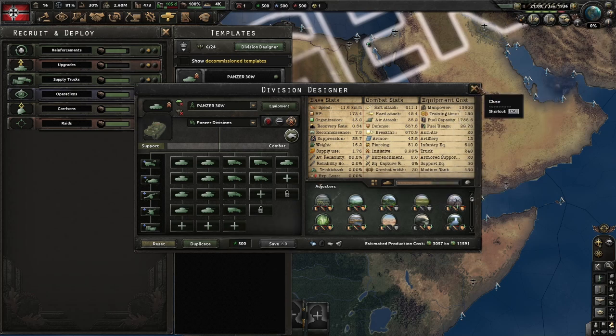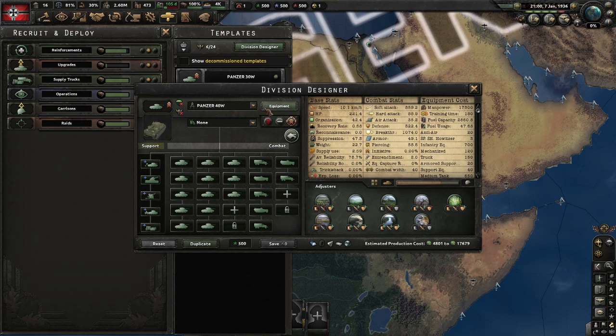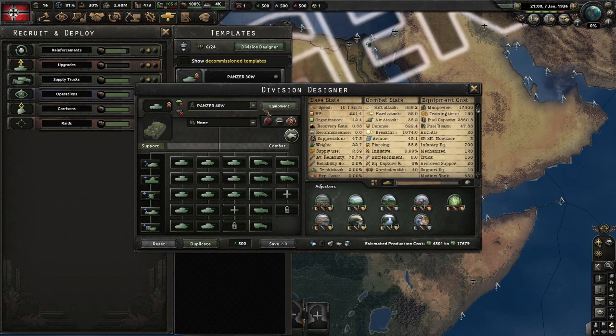And let's move on to our late game design, which is our 40 width Panzer division. This is the first design. We have actually two 40 widths that I like to use. So anyways, again, you can use this with any tank. Org is slightly lower. We have 860 soft attack, which is crazy, and the HP is good, but we are a little slower. And our breakthrough,